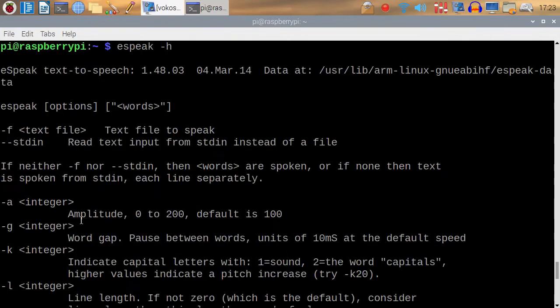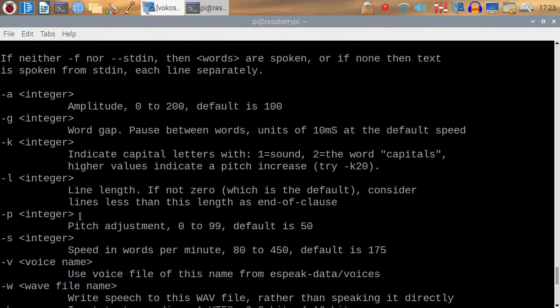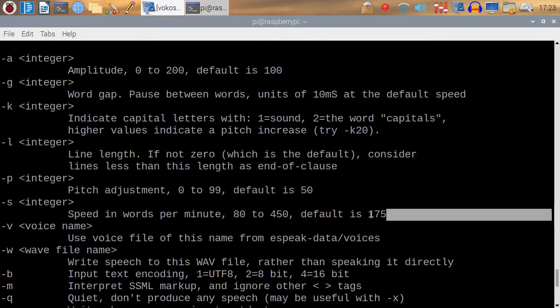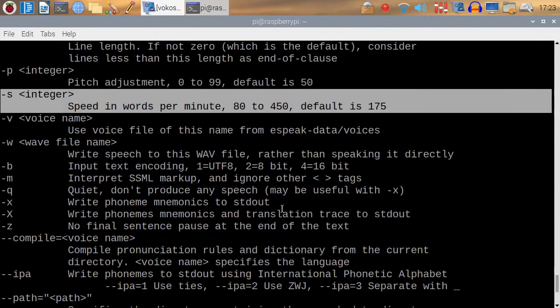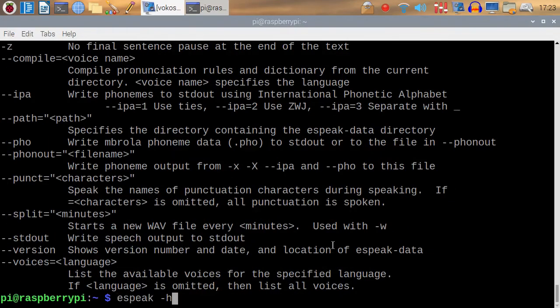Let's try, first of all, changing the speed. Here it is here. -S, and then you give an integer, and it will be the speed in words per minute from 80 to 450. The default is 175, so that's what it's speaking right now at 175. And we have a range from 80 to 450 from the command line. Actually, when we go into modifying voice files, we'll have a much greater range than this. But let's just go down here to the prompt and type in